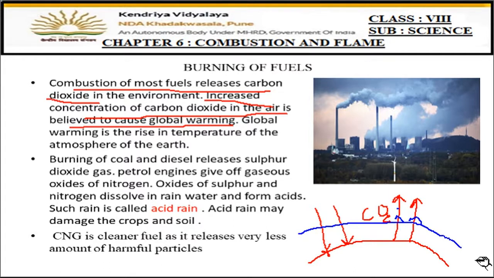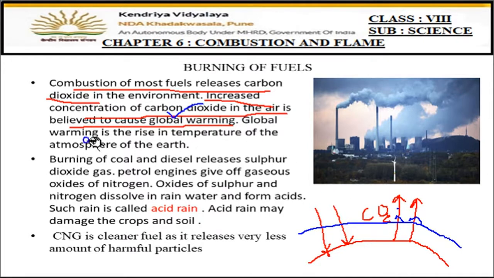Okay, like the heat which is going out from the Earth is caught in a room. So that is called the greenhouse effect. Okay, the heat will not go in the space, it will remain on the surface of the Earth, and because of that the temperature of the Earth will rise, and this is nothing but called as the global warming.